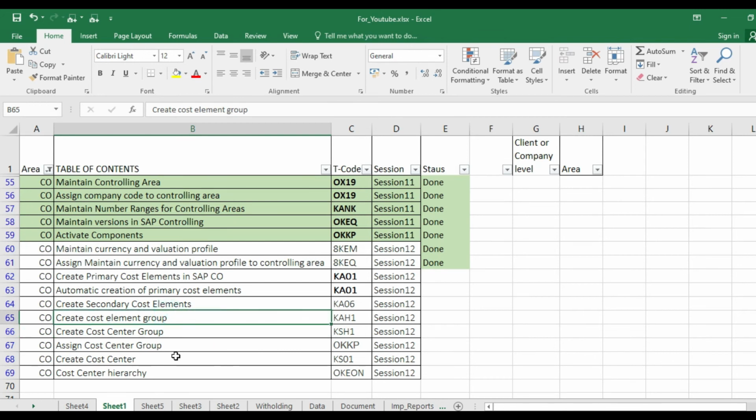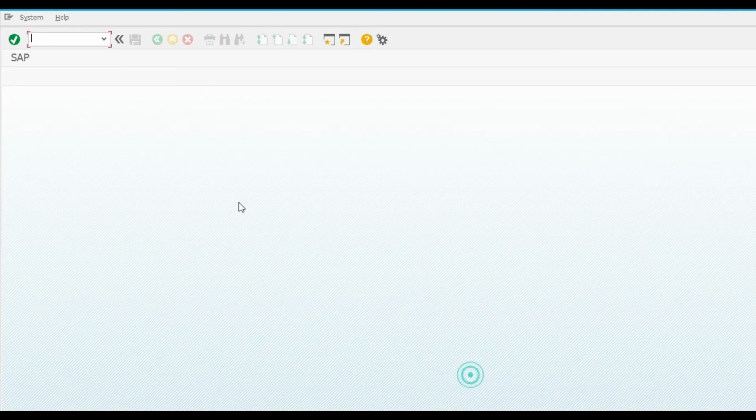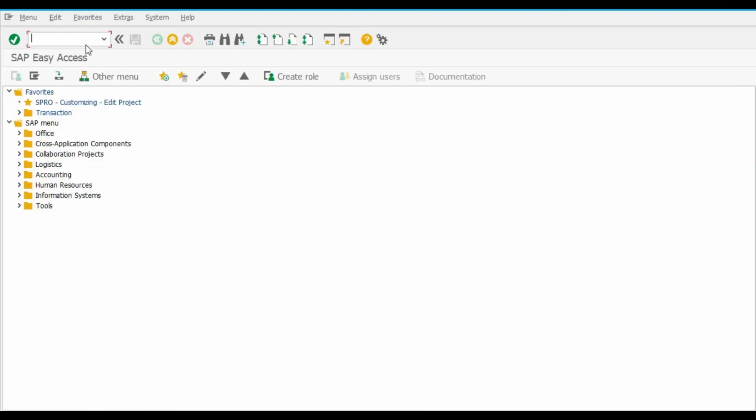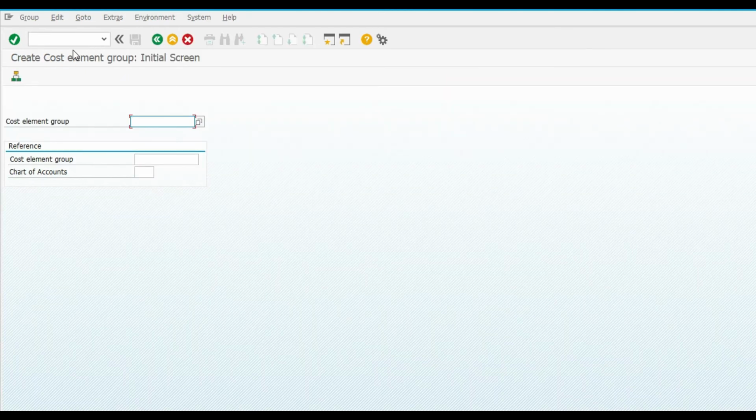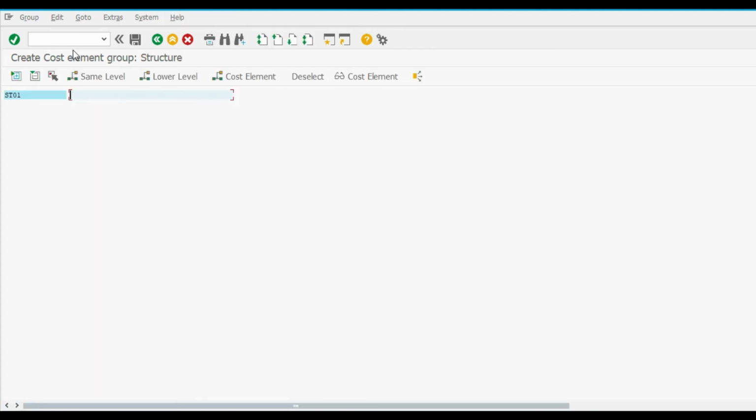So this is create cost element KAH1. Go to KAH1, cost element group ST01.